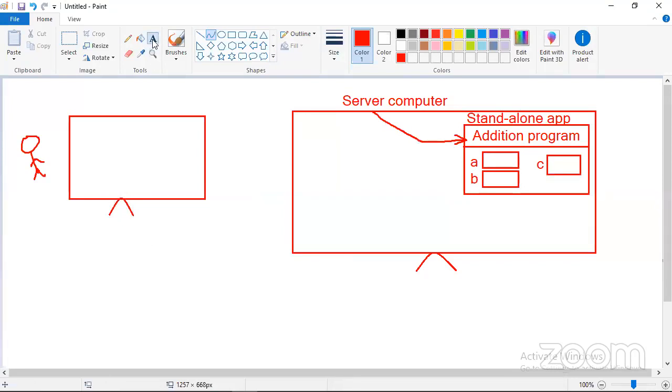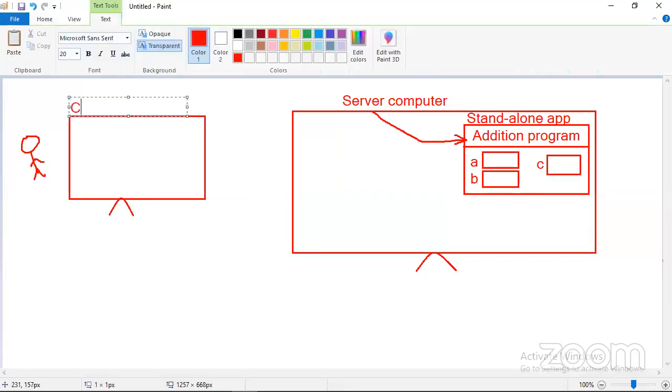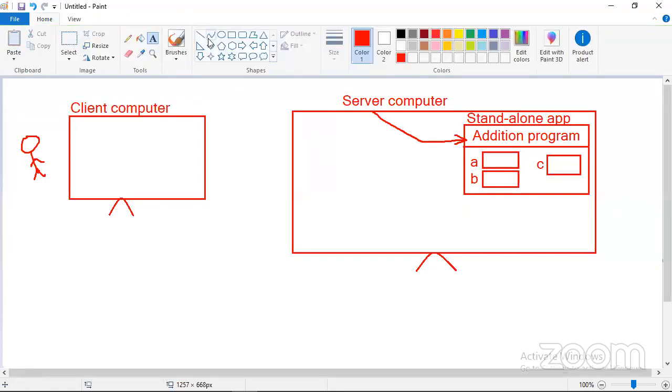Then I can say this is a client computer. Client computer means you are the client, you are accessing. Now this client computer is connected to a network, shown like this. The cloud is called a network. This is a cloud symbol. This is a network.